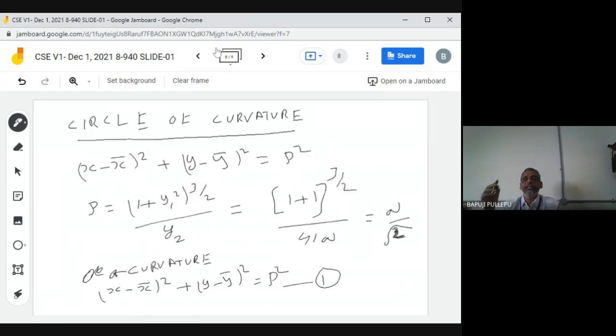It is written radius of curvature using Cartesian coordinates and parametric form. Then you do it using this form, text notes I will send you. From there you can see polar coordinates problems 1 or 2. What we have done is important, and we can check. Then center of curvature, then circle of curvature.